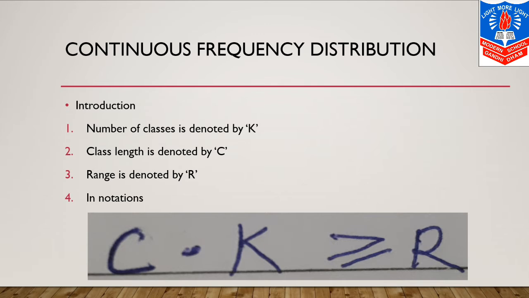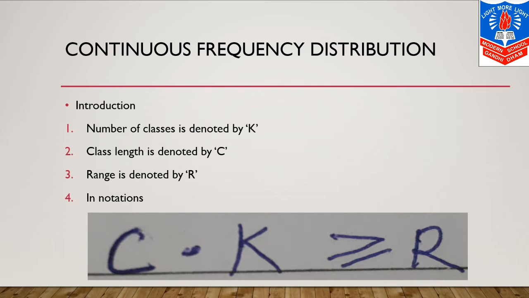Now a continuous frequency distribution is carried out when variable of a raw data is continuous or the range of the data is large. First of all, the number of the classes, that is denoted by K, or class length, that is denoted by C, is decided for the raw data. Yes, first we need to decide the number of classes or the class length. Generally, depending on the raw data, any number from 6 to 15 is decided for the number of classes. It means normally the number of classes are from 6 to 15.